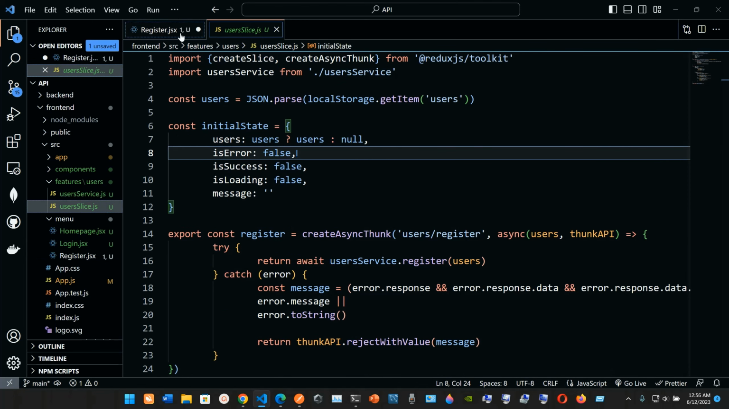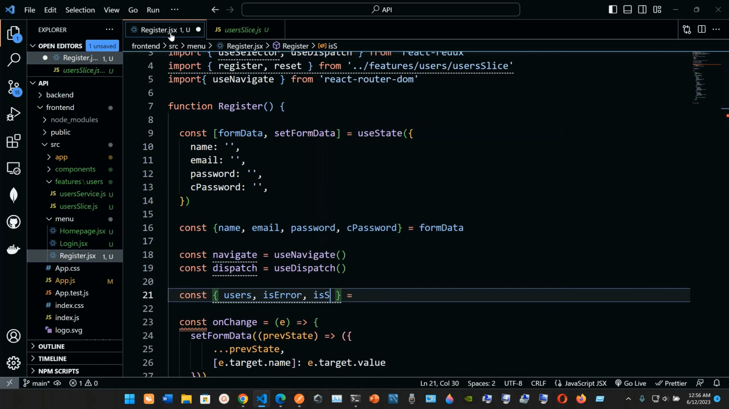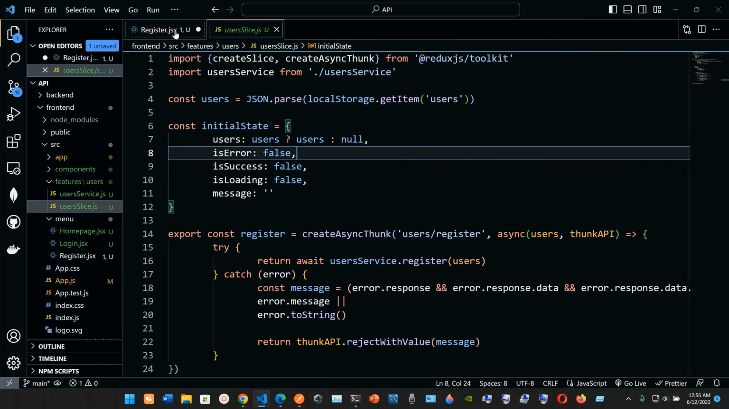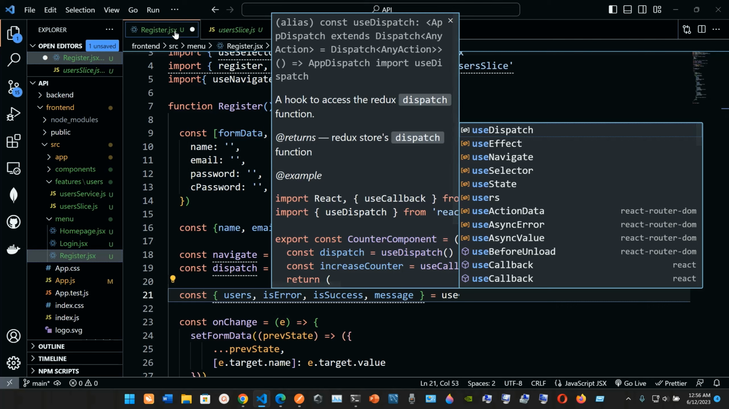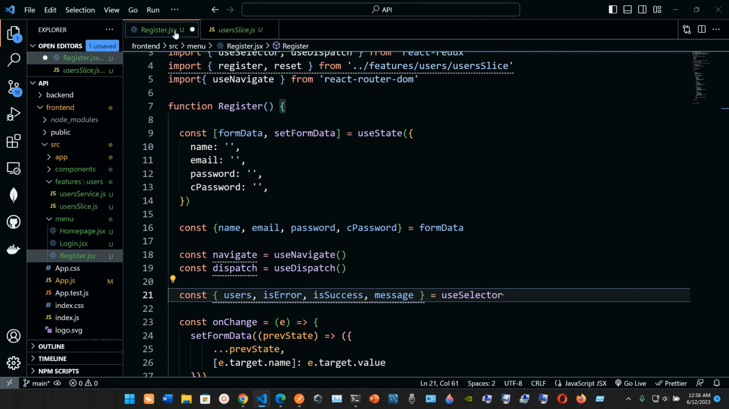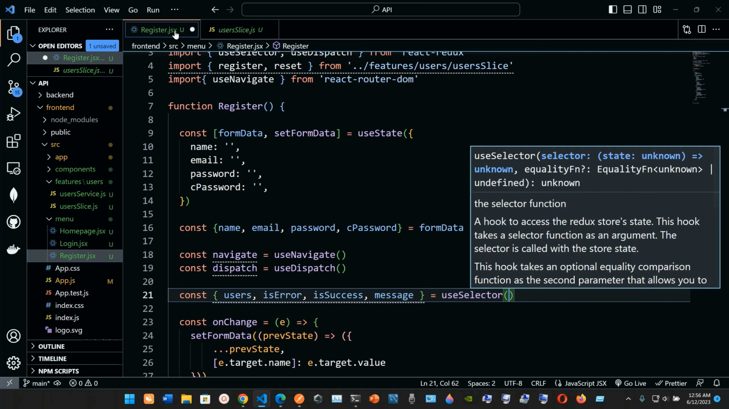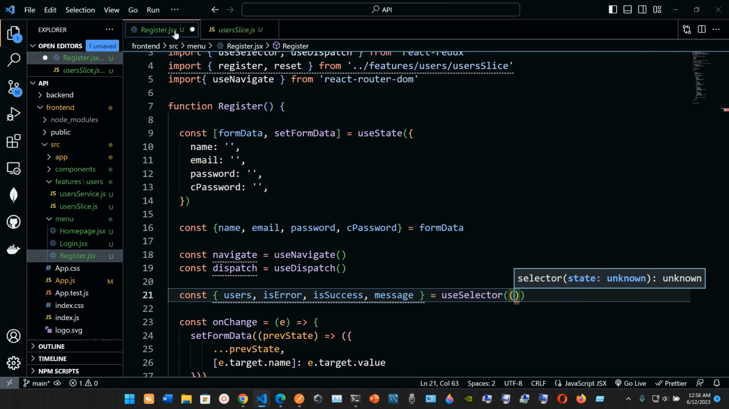What else do we have? Success is success. Let me see, and then just the message, and it's gonna be from the useSelector. So we are destructuring from the useSelector, and inside of the parentheses we're just gonna have this